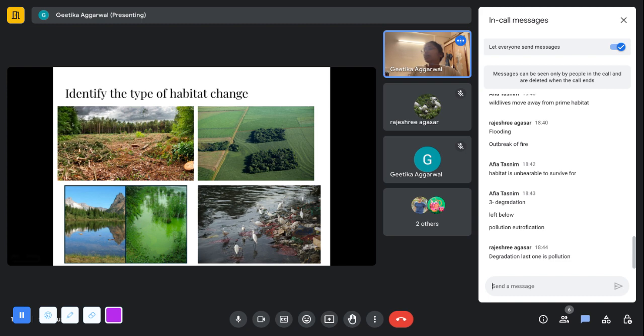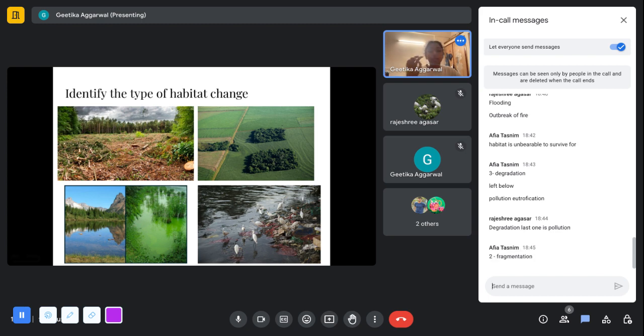Here you see that the second is fragmentation, correct? Very clearly in this image you can see these two or three small fragments of forested areas which are surrounded by a lot of agricultural land. So very clearly this is a habitat fragmentation, and here again you can call this a fragmentation if you're thinking that the other habitat is still there, the forest is there, and only this much part has been cut